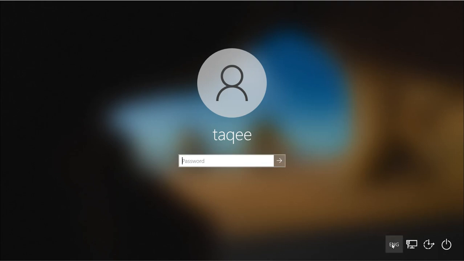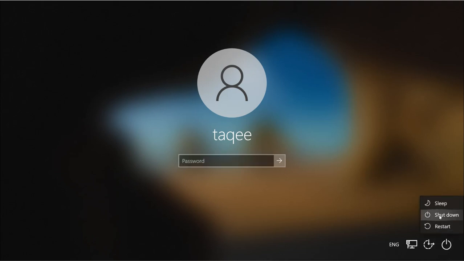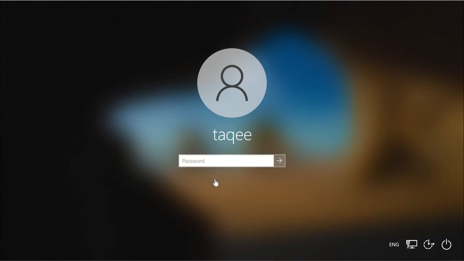On this side you can see the language option, connection option, and your accessibility option, which is ease of access, like you can have an on-screen keyboard, narrator and all that. And here you can use the power option. You can go for shutdown, restart or sleep. And to log in, select the user from this side and give the password of that user, and then it will log in.